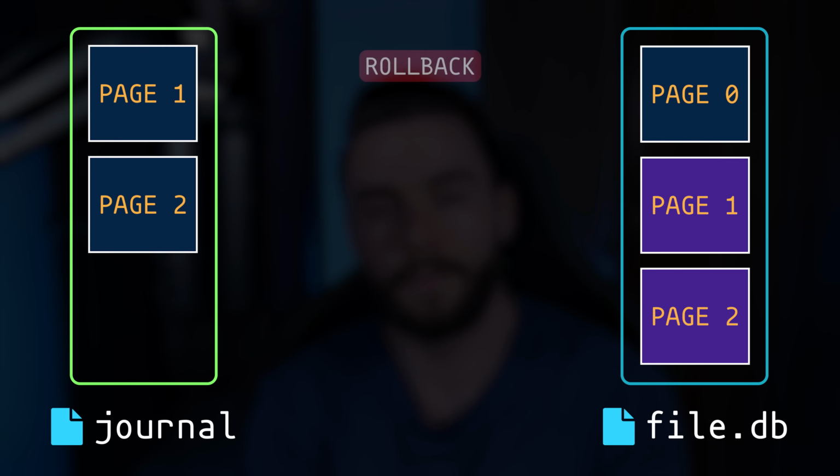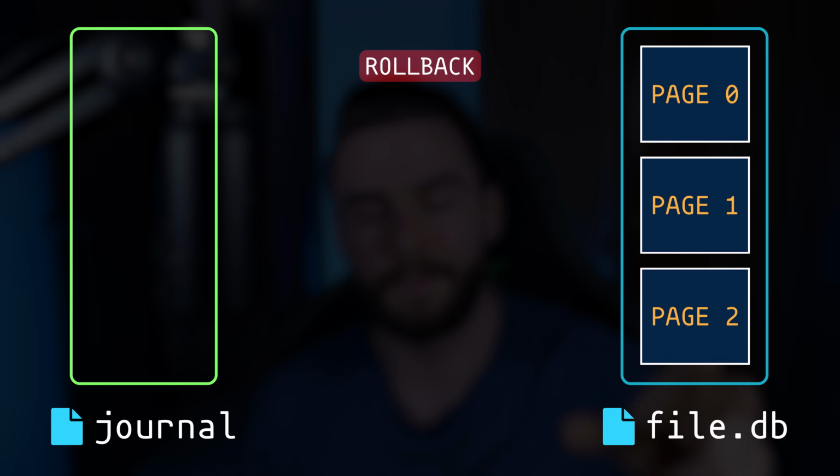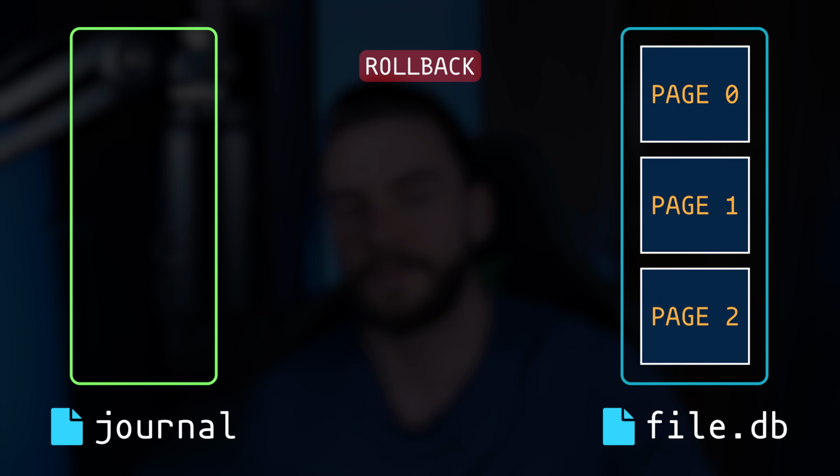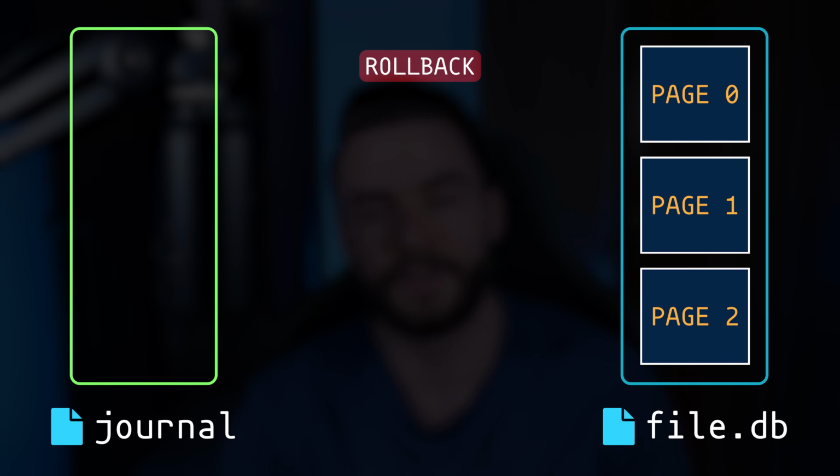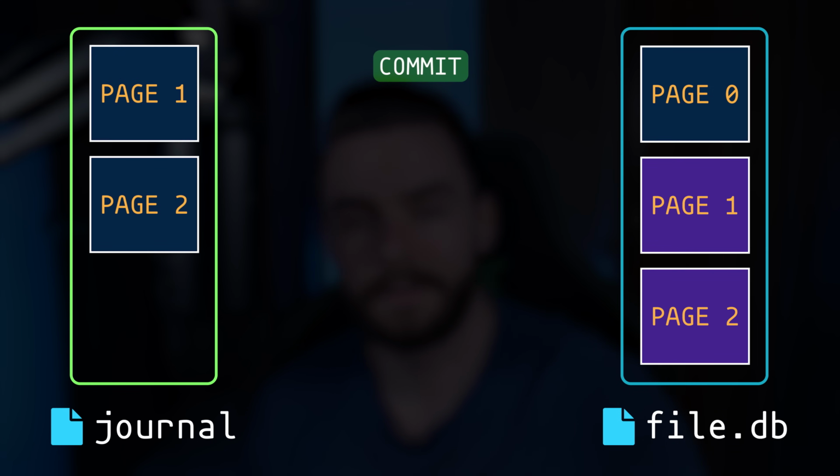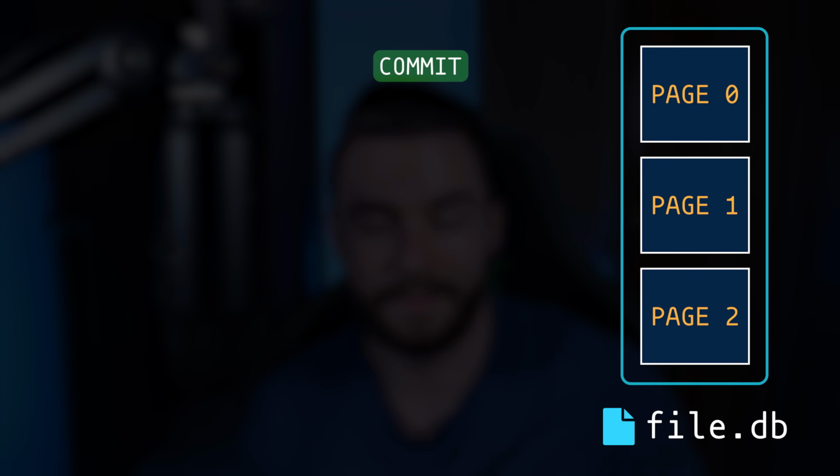And so if you need to roll back, you just need to copy the original pages from the journal file back to the database file. And you're done, no more complications needed. If you want to commit instead, you just have to delete the journal file. It's that simple. This solution is good enough for a toy database that processes only one transaction at a time,